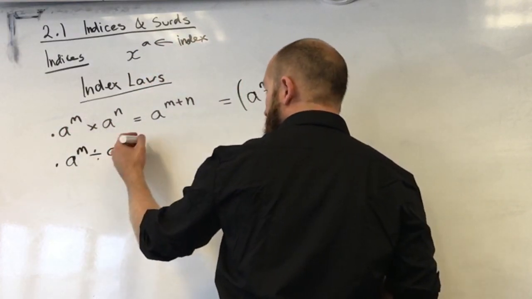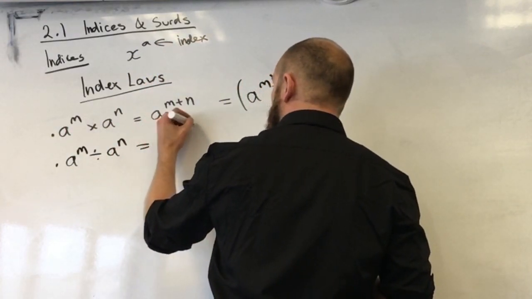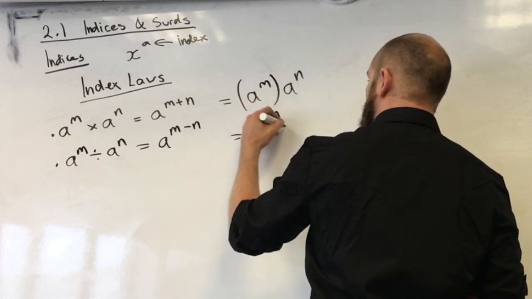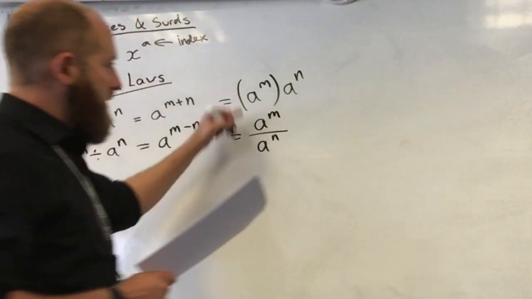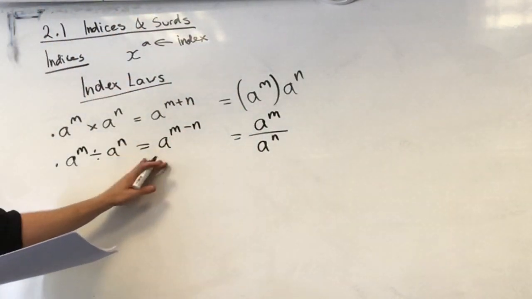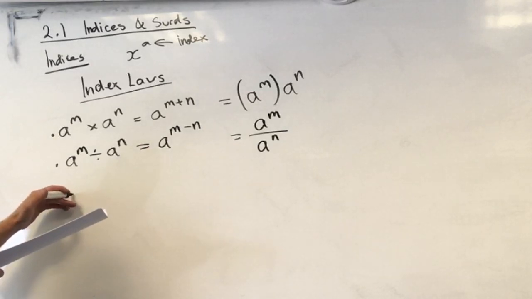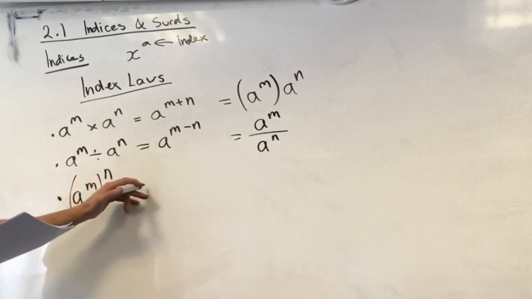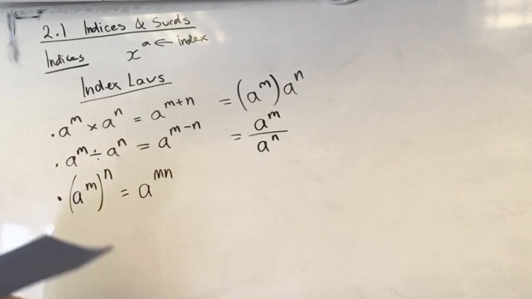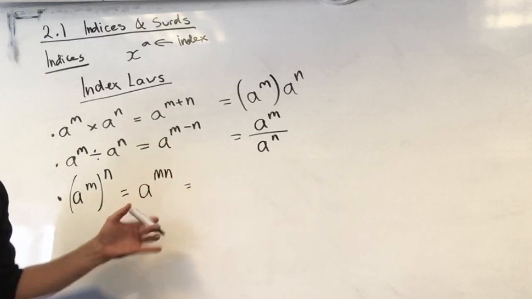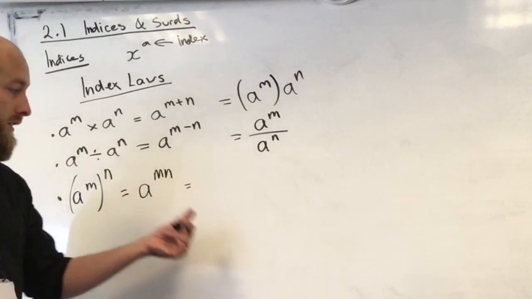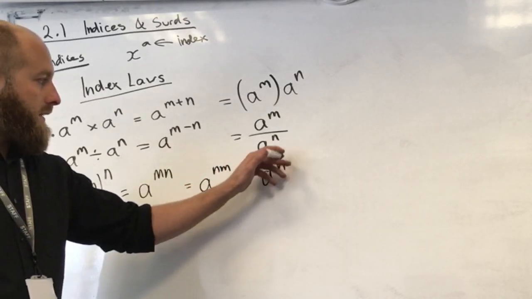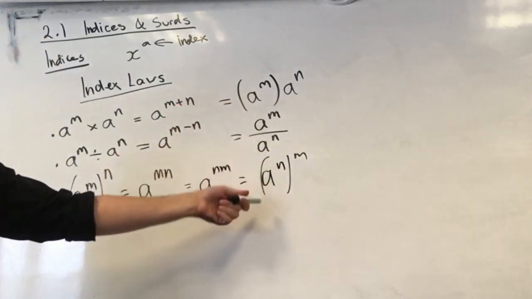a to the m divided by a to the n gives us a to the m minus n. And you could say that's also that form. So these are common other forms of saying it. This is the rule. You can also get a to the m to the power n. In that case, you times them together to give you a to the mn. But again, you could also write this, because 2 times 3 is the same as 3 times 2, you could also say a to the nm. Or you can say a to the n to the power m. So there are all different ways you can write these